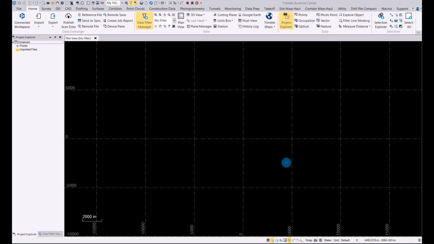In this video, we will be looking at TBC 2025.10 aerial photogrammetry enhancement. We will look at the new automatic ground control point detection workflow in TBC. Let's now have a look at the new workflow for auto detecting of ground control points in the photogrammetry module